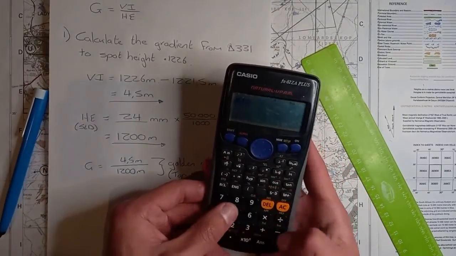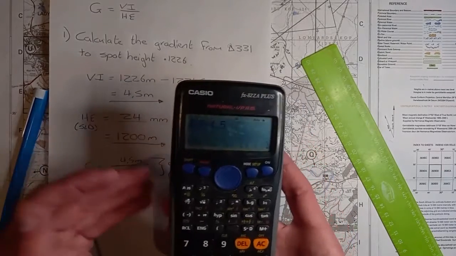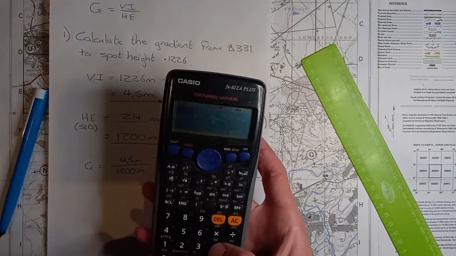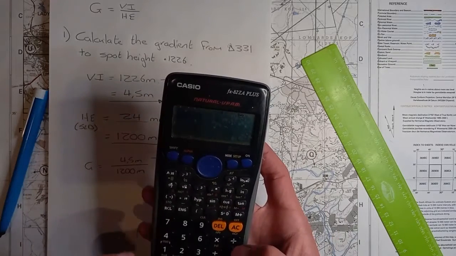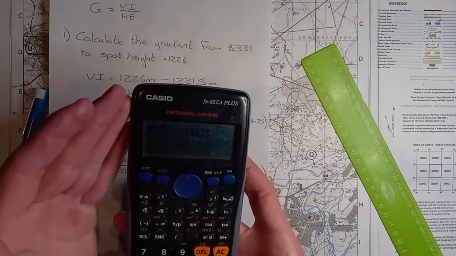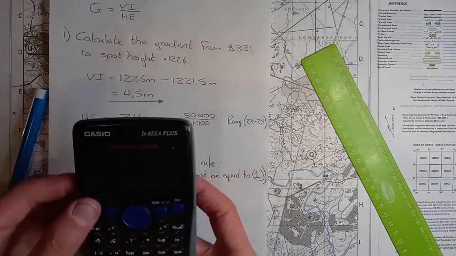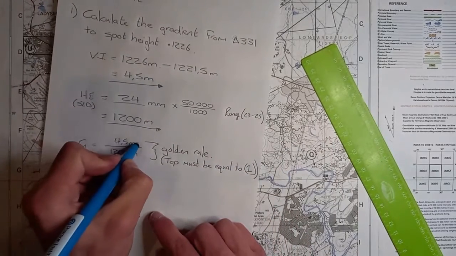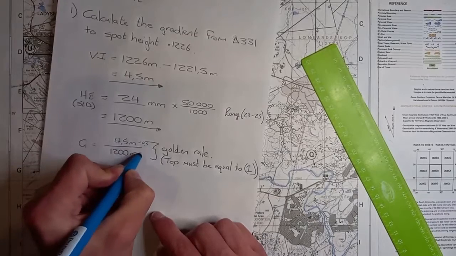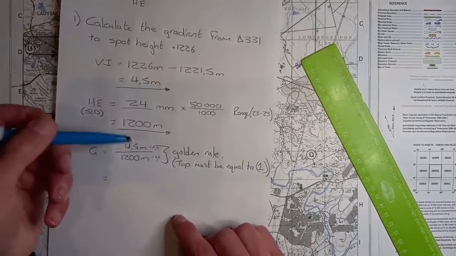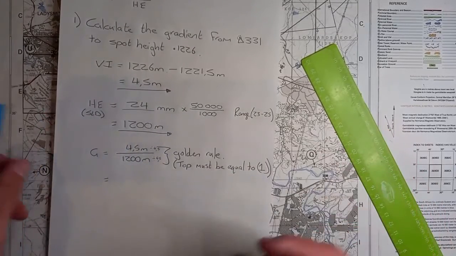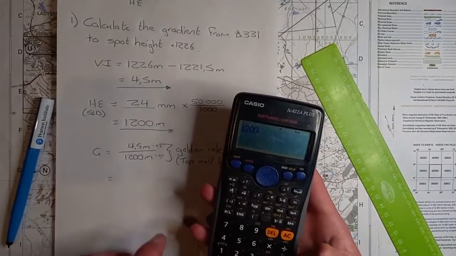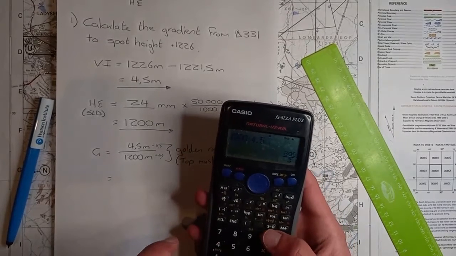So 4.5 divided by 4.5 gives me 1. Or 10,000 divided by 10,000 gives me 1. Anything divided by itself is 1. So I can divide this by 4.5 and divide this by 4.5, because remember, what you do to the top, you have to do to the bottom. So I say 1,200 divided by 4.5, and I get